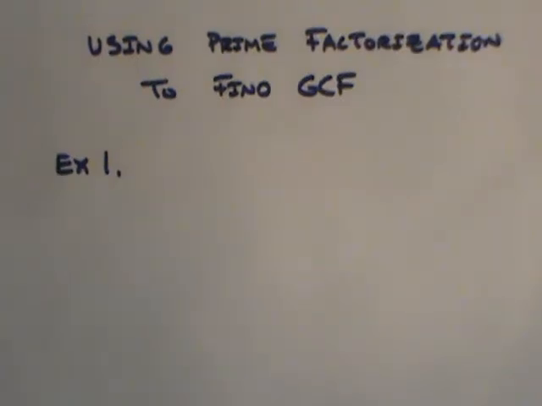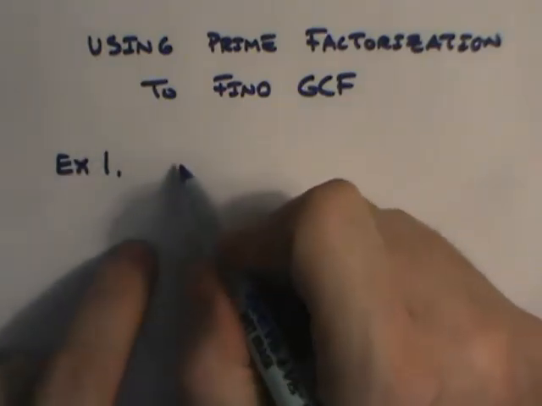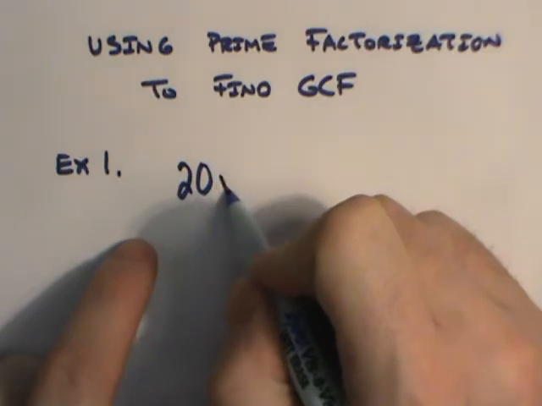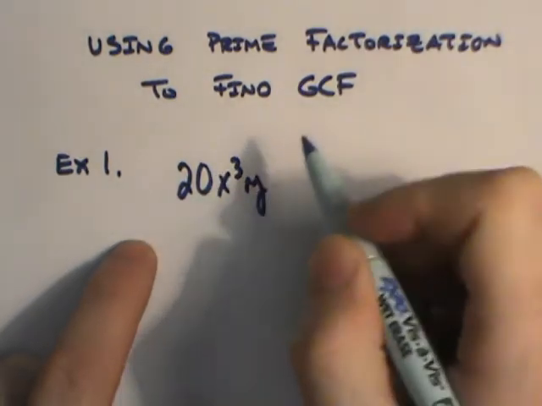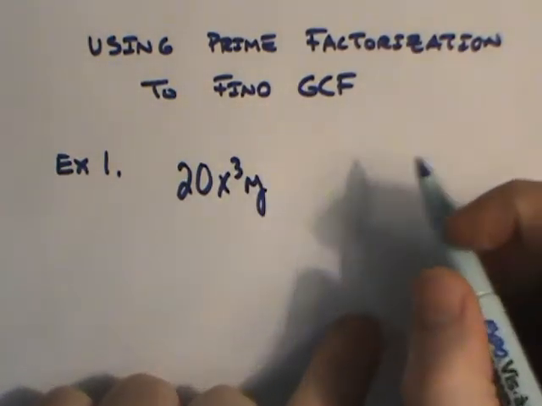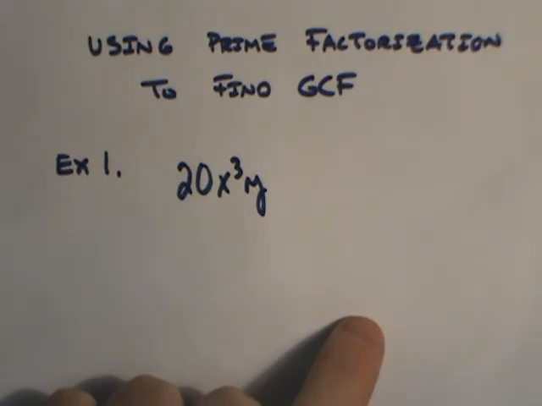Example 1 for using prime factorization to find GCF. If you forgot what GCF stood for, it means greatest common factor. And greatest common factor means the largest number that could divide each of your terms. So with example 1 here, let's say we had something like 20x cubed y, and then we'll have a second term, and maybe we'll have something like